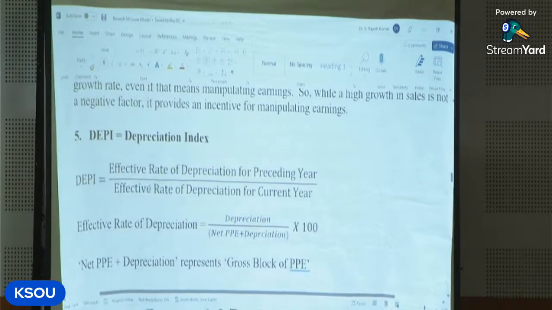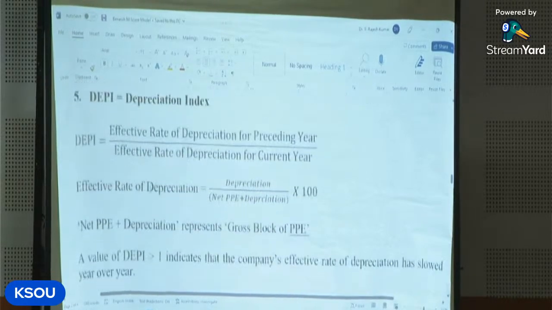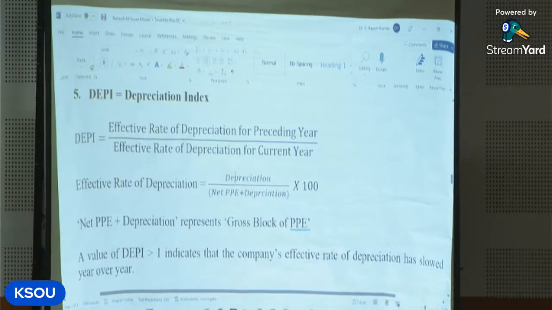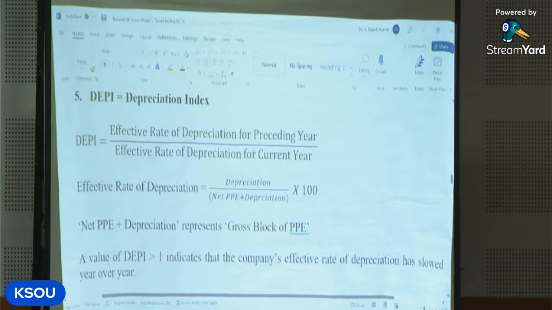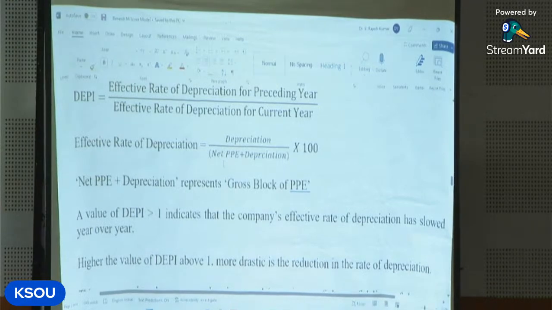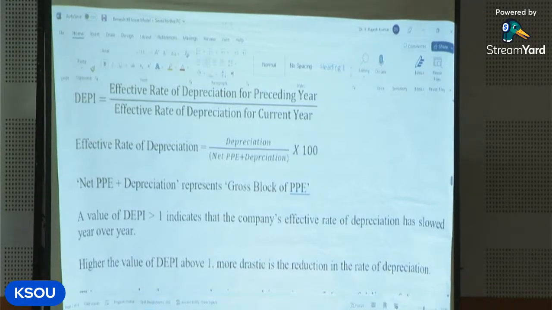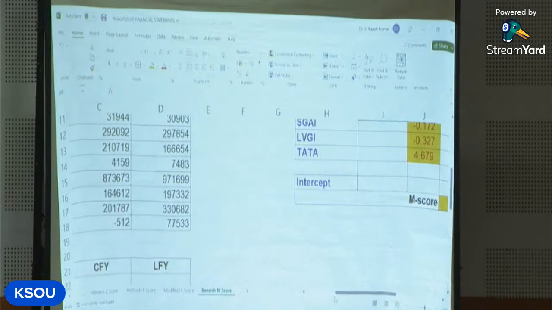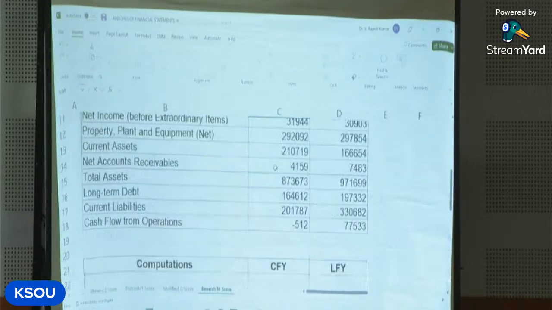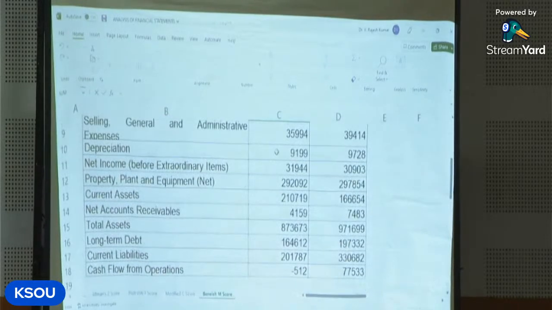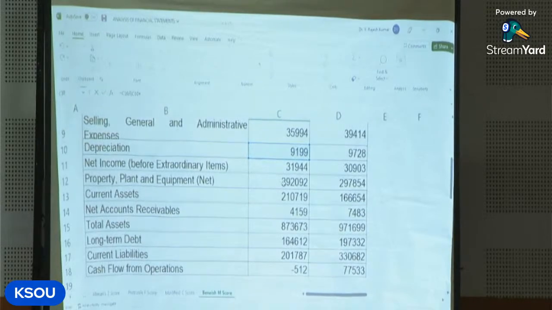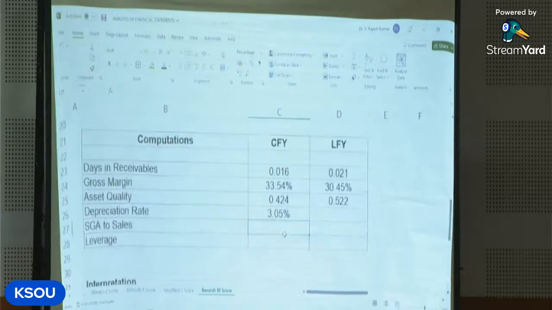Now, calculate effective rate of depreciation for last year, this year. How do you get effective rate of depreciation? Depreciation by gross value of assets. How do you get gross value of assets? In the balance sheet, what we always have is net value, correct? So add back depreciation. So this is how we get depreciation rate. Depreciation